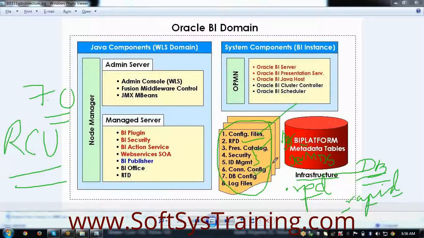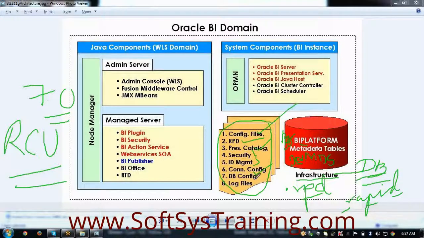Then you have the connection configuration. Let's say you want to connect to different data sources. We know that OBI is highly scalable. You can connect to different data sources, right from a flat file like Excel or Access, to FoxPro, DB2, dBase, Sybase, Informatica, SQL Server, Teradata, SAP modules, SAS modules, PeopleSoft, any type of data. So connection configuration refers to the connection mechanism that you are using to connect to the data store.